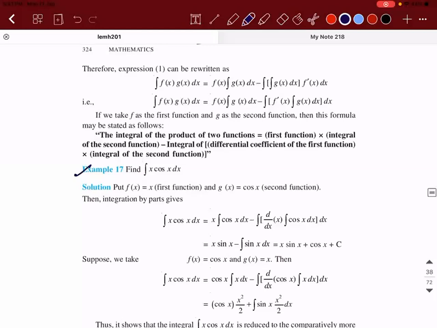so check the answer for this integral of x cos x. Can you tell me the answer using the same method? Write the first function as it is into integral of second function, that is sin x. You started with a plus sign, put a minus. Minus of, what will happen? Differentiate this. I'm telling you the shortcut. I'll come to the longer way also. I'm just telling what should be the answer.